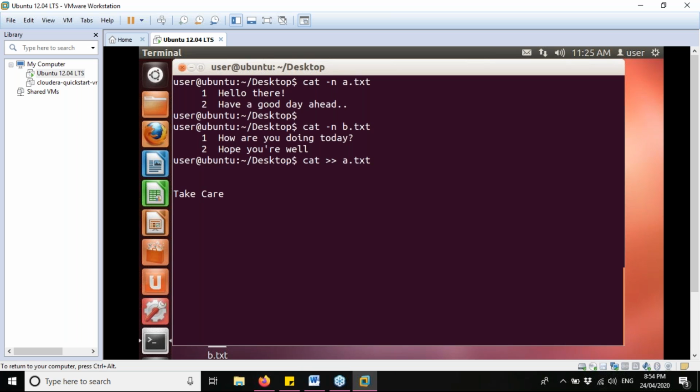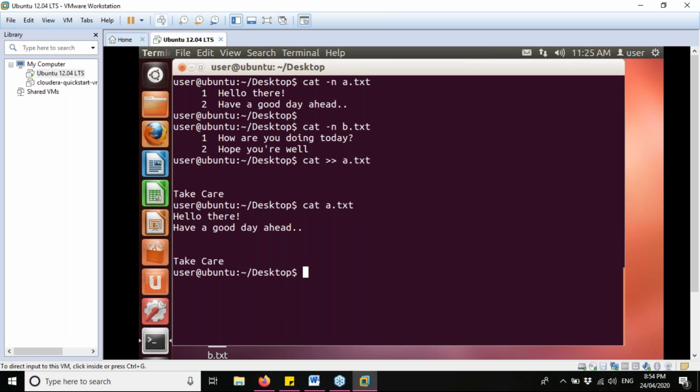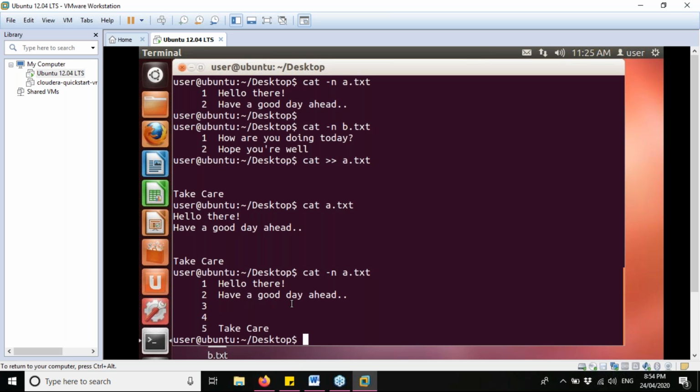And Control D. Okay, now let's check normally, cat a.txt. Okay, because we have already appended. Now see, we will try this one, cat space hyphen small n and again a.txt to check the numberings. Okay, now see, these blank lines are also being numbered.